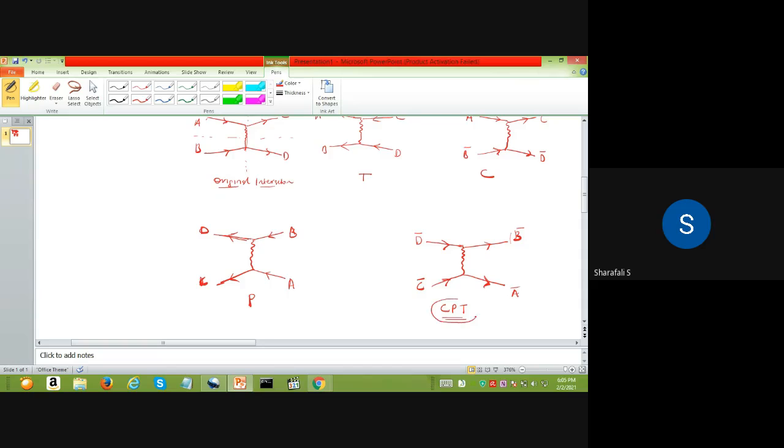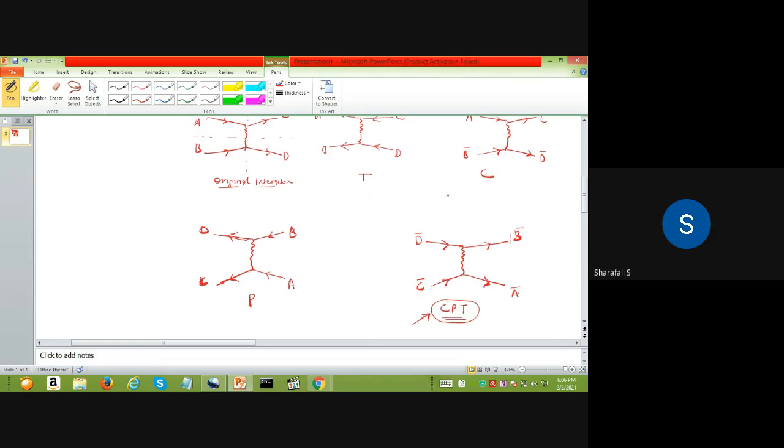So together with these charge conjugation, parity and time reversal operations, we can have symmetry in any interaction. So for any interaction, if you apply this CPT, charge conjugation, parity, that is flipping of the axis, and then time reversal, if you apply these three, then consider that particular interaction with those antiparticles or particles, then that will also be possible. Which means that the CPT theory, if you apply it to any interaction, and whatever you are getting,